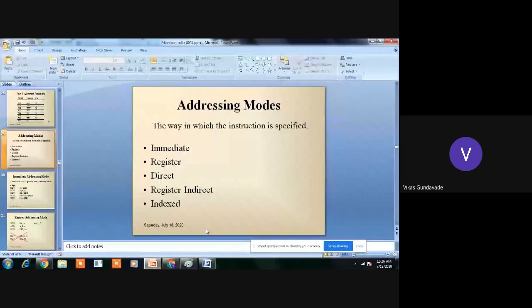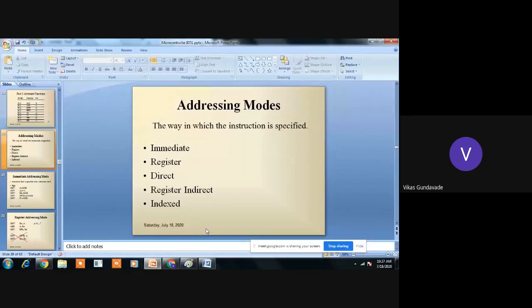Similarly, when the microcontroller wants to access data from the registers, from memory, or from peripherals, the microcontroller needs different instructions, and these instructions are specified in different addressing modes. So the first addressing mode is immediate addressing mode.